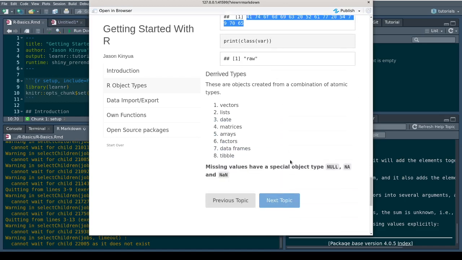And then next, I think we should be looking at derived types. These are deep, and so far we have done an hour session. So I think let us put this one for the next session together with data input, import, export, writing our own functions, and using open source packages.